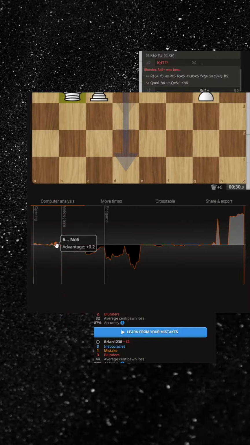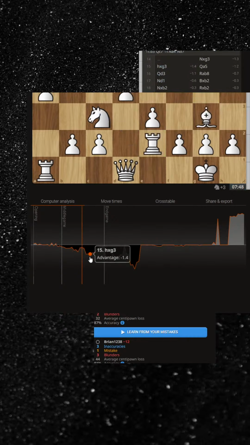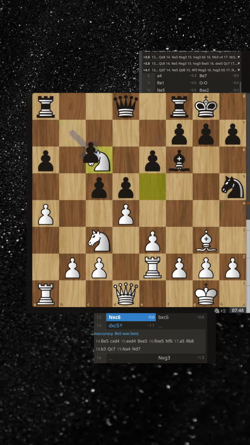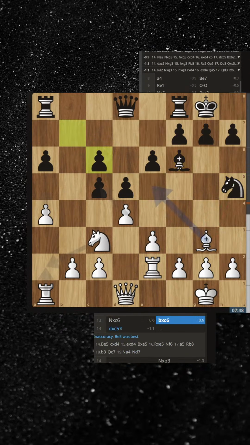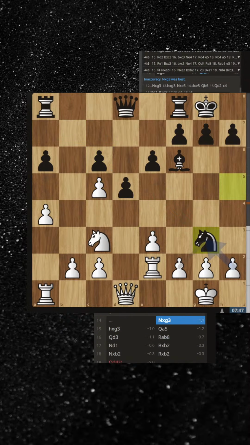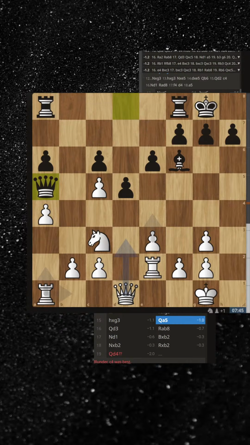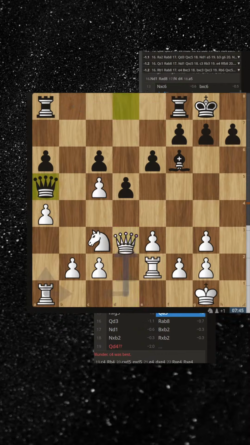Of course, white is slightly better in the opening, so you see it as white here. And then all of a sudden, the advantage started shifting right over there. So now, when I took on c5, check that out. I took on c6, they took back with the pawn, I took on c5, they took on g3, the best move, then queen a5 is not the best move, but it's the second best move, which doesn't make a